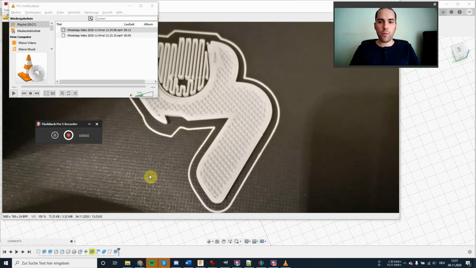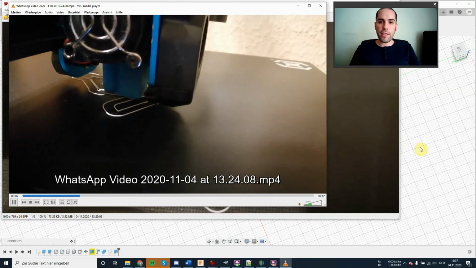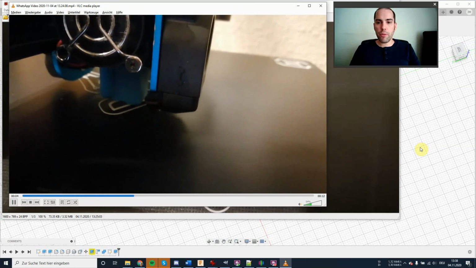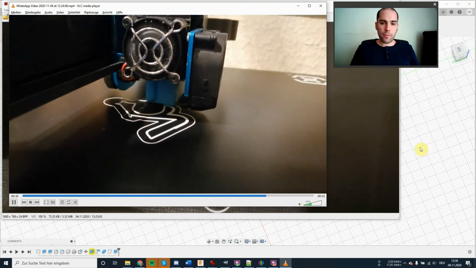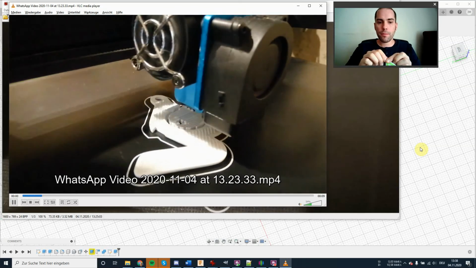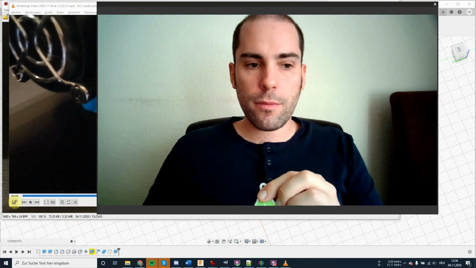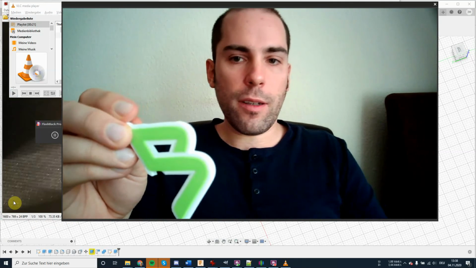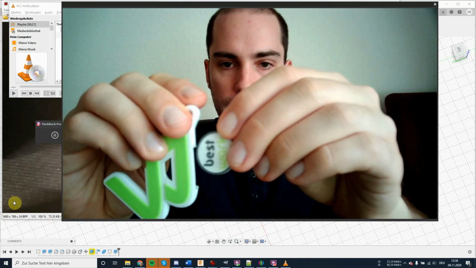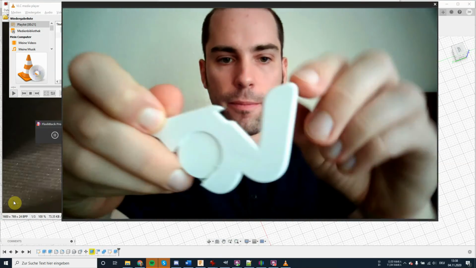Right, so by now the file is printed, but I'm not going to bother you with the details because this video has been going on for long enough. And also the details are going to depend on the printer you use. Just let me say that it turned out all right, and this is the result. And you can see I can insert this token like this. Goes in with a nice click.